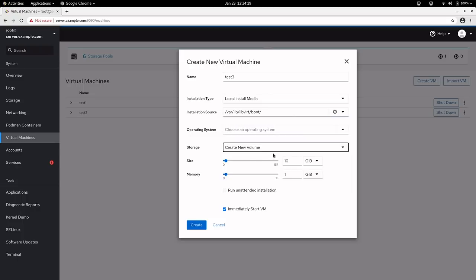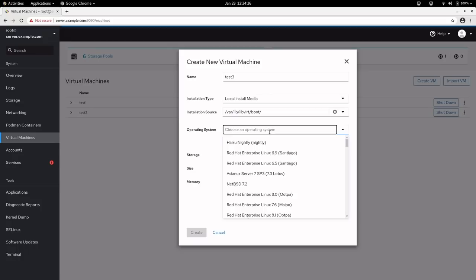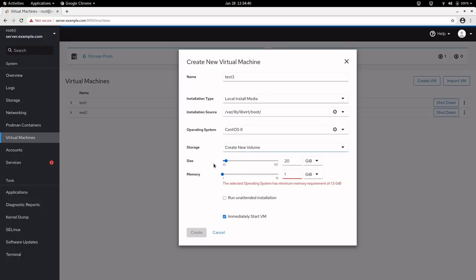Storage pool, create new storage pool. Size is 10 GB, good. Memory I want to keep, let me keep 2 GB, or 1 GB is good enough because I don't want to go minimum. And then create, immediately start the virtual machine. Choose the operating system. Of course I have to specify CentOS 8. I missed that. So create new volume, so everything will be taken care.